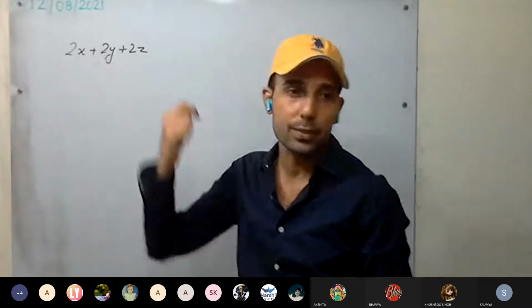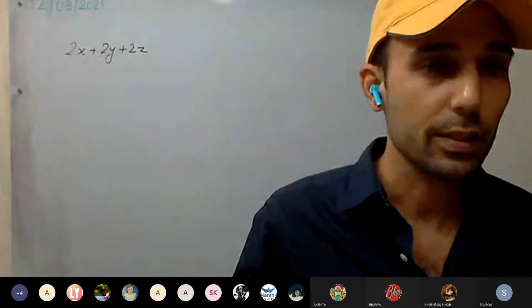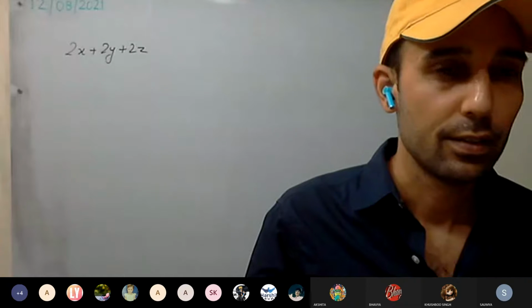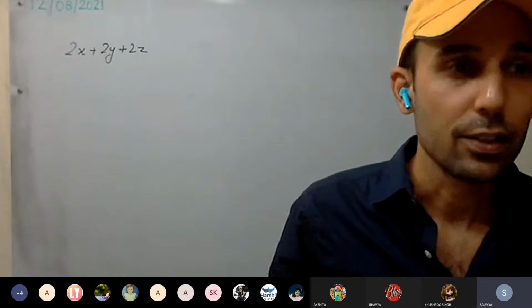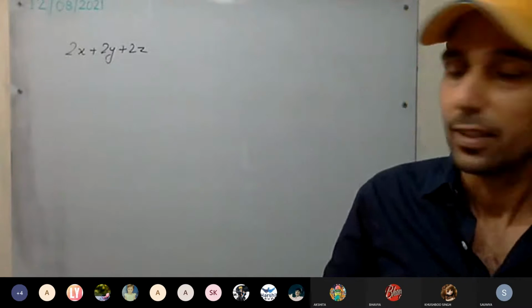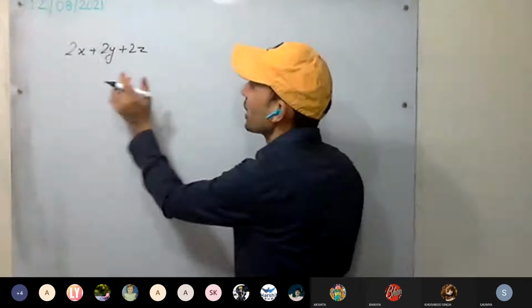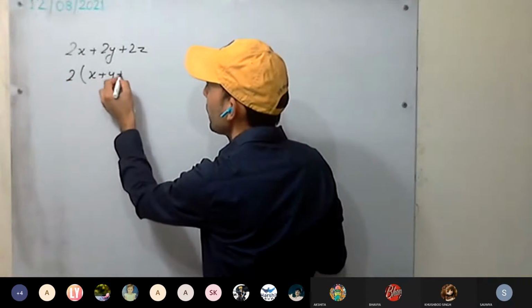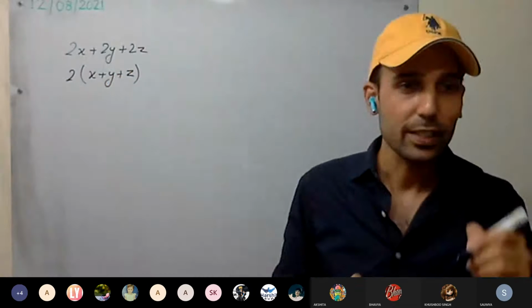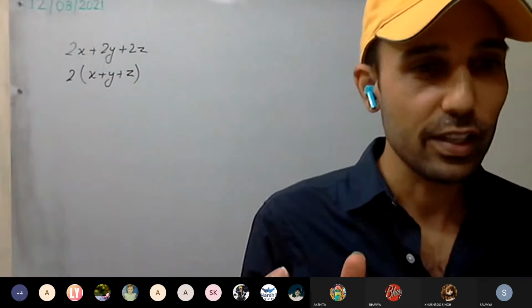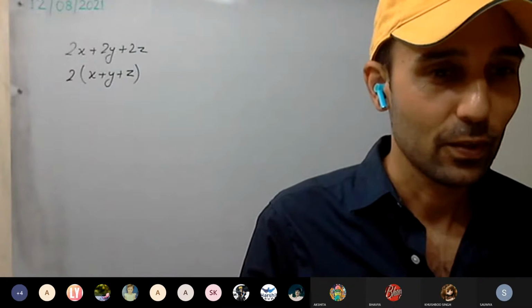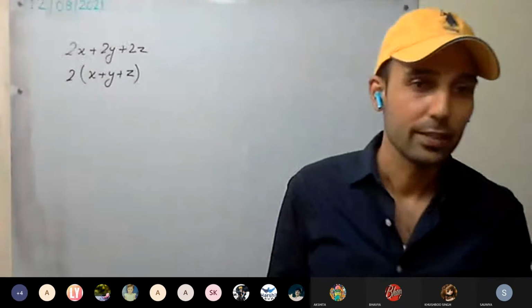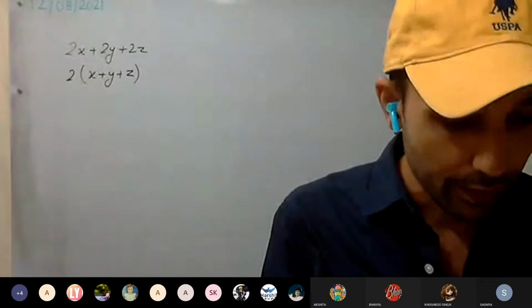So what is the common in the numbers? In constants, what's common? Soumya? Sir, 2 is common. Okay. 2 is common, x plus y plus z. I get confused by the names sometimes, like Bhavya is there, Bhavya is also there. So 2 is common, x plus y plus z.